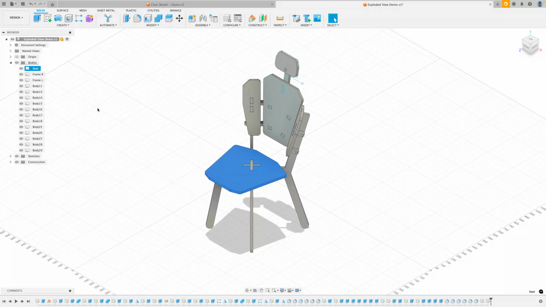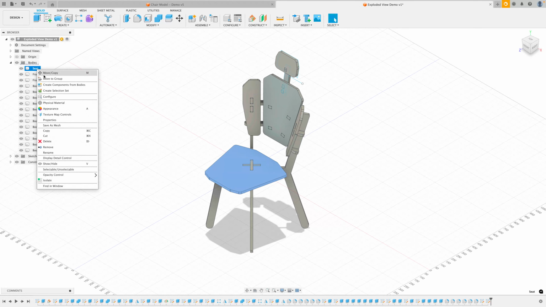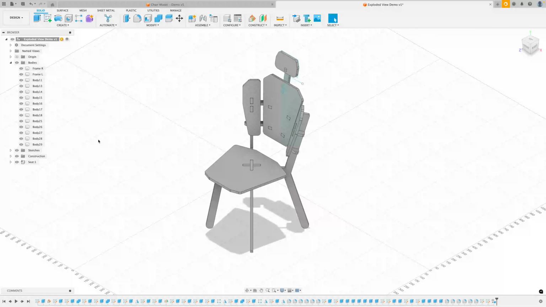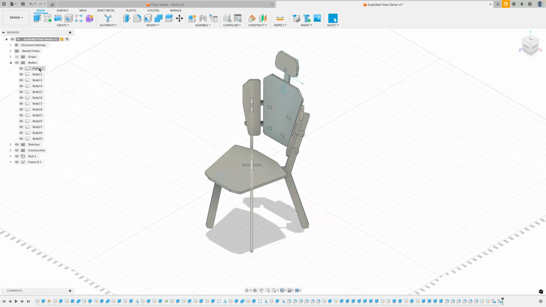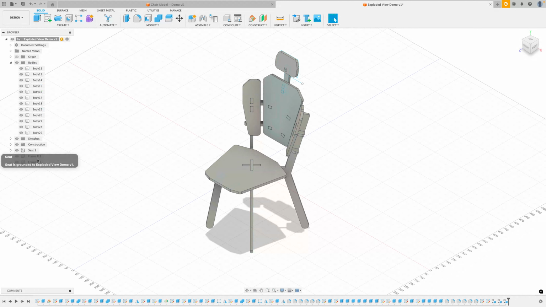And then the last thing you need to do before we can get your model made into an exploded view is each of these bodies needs to be made into a component. Okay, so you need to right click on it, go create component. Right click, create components. So once you've got all of your components, then you're ready to start making your